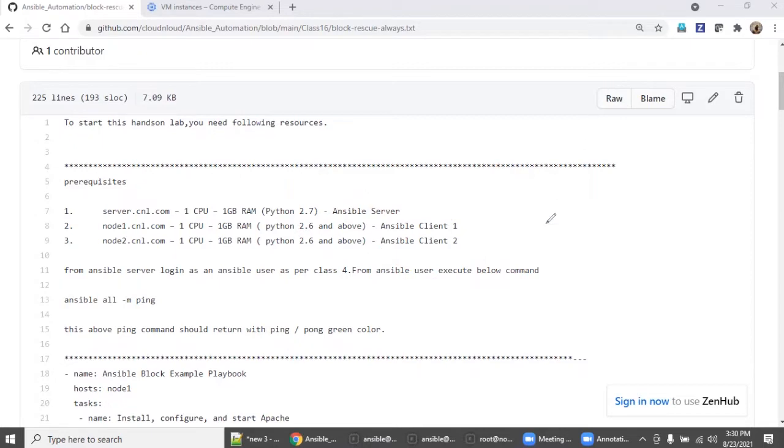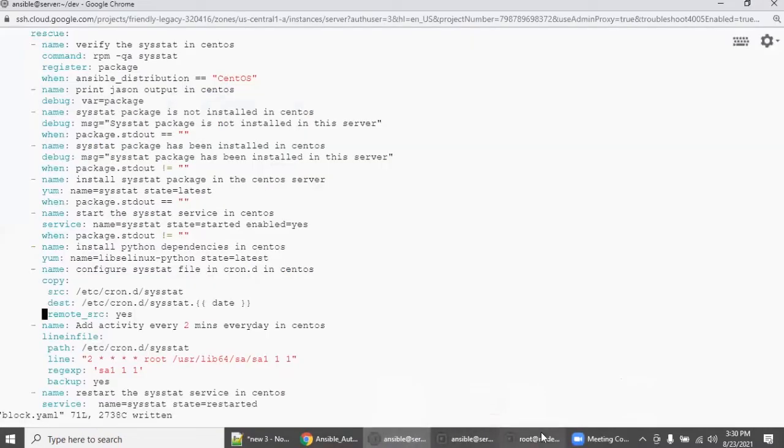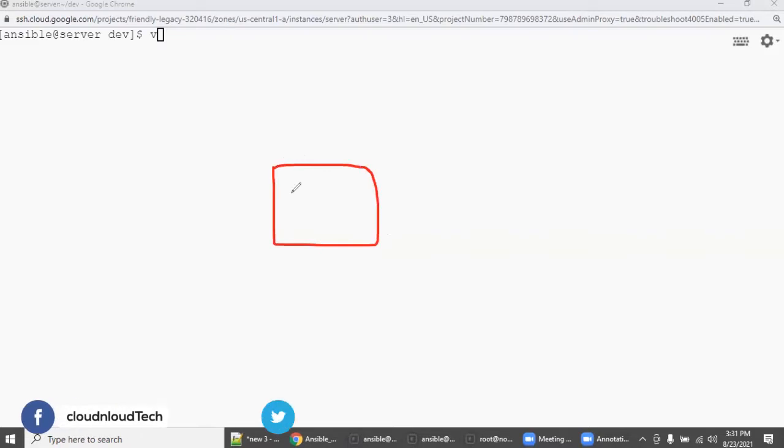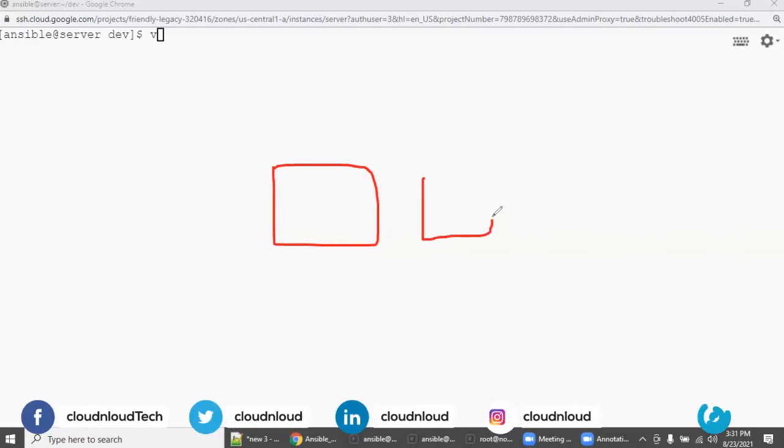So let's go inside. Before starting this lab, we need to have three windows: one PuTTY window, another PuTTY window, another PuTTY window.